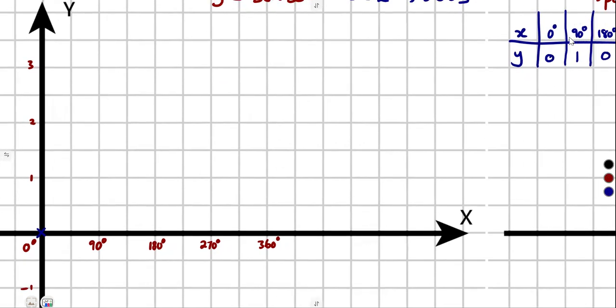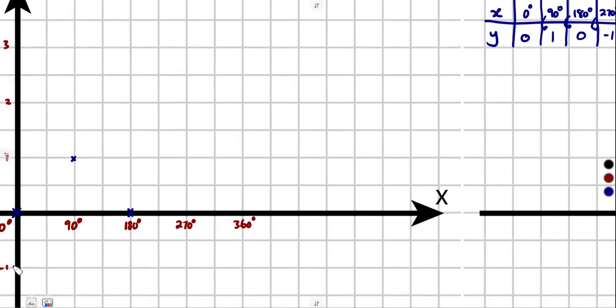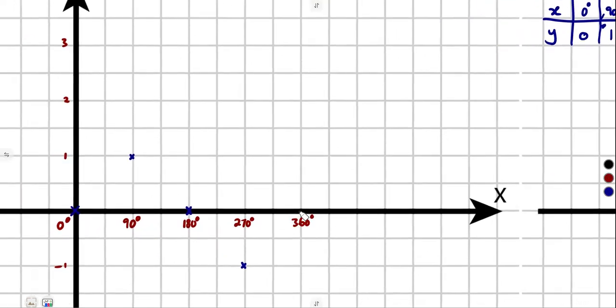The next point, 90 versus 1. So that's 90 on x and 1 on y. So that is like this. These two are going to meet at that point. That is 90 versus 1. The next point is 180 versus what? 180 versus 0. So that's 180 degrees, and that's 0 in the what? In the x-axis. 270 versus -1. This is 270. And -1, that is in the negative. This was going to meet at this point. And the last one is 360 versus what? 360 versus 0, which is